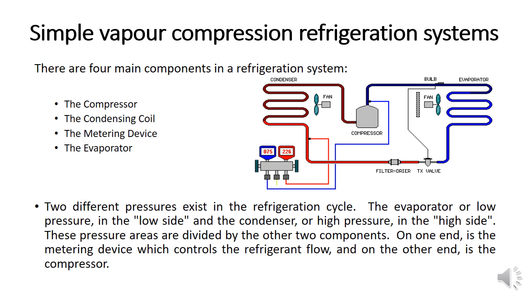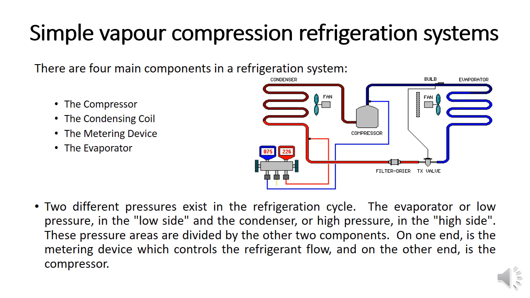So there are four major components in the refrigeration system. First of all, if you start with the compressor, in the diagram you need to identify where the compressor is located. If you look carefully, in the central part of this diagram the compressor is located. It is connected with the condenser and evaporator. On the left side of the diagram the condenser is represented, while on the right side the evaporator